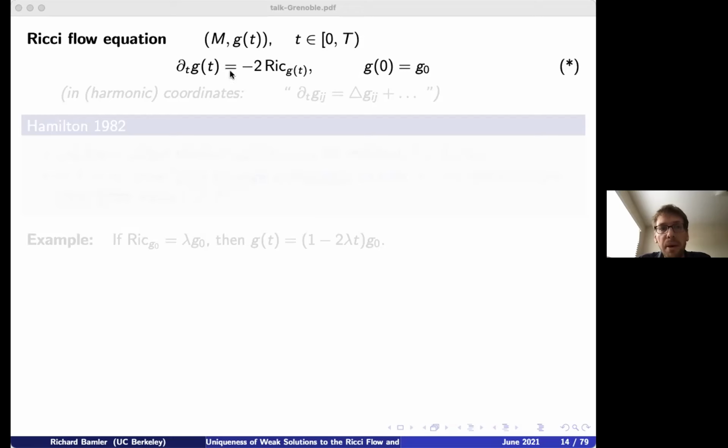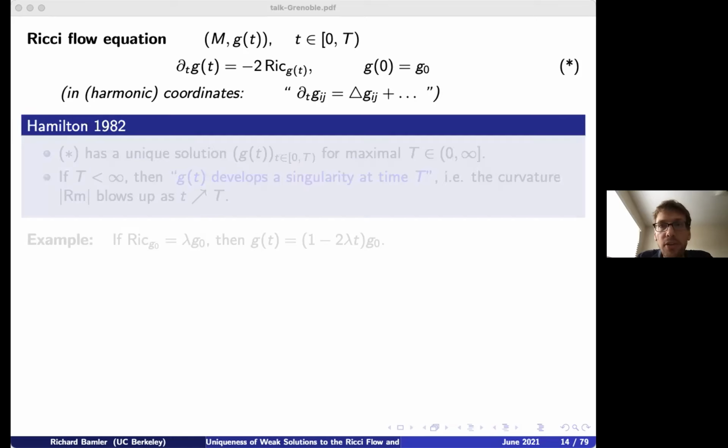The reason why we care about this equation, very broadly speaking, is because if we write this equation up in harmonic coordinates, when you look at the metric coefficients, then this looks approximately like a heat equation, like some nonlinear heat equation. I'm lying a little bit here, but the idea is that we hope that this flow will improve the metric as we move forward. Somehow we'll make it more homogeneous. And the Ricci flow equation was introduced by Hamilton in